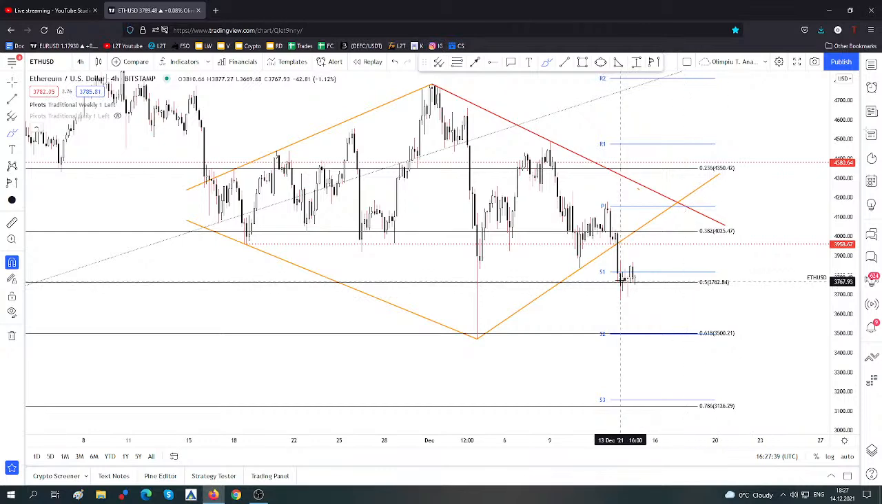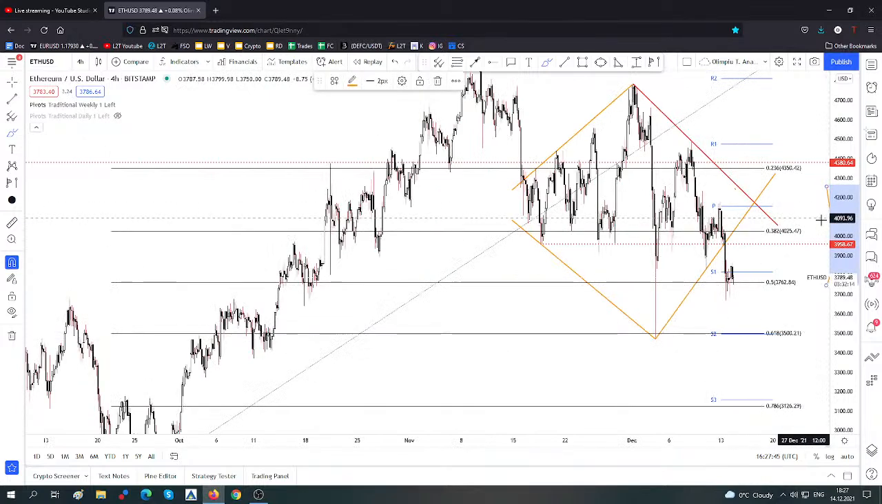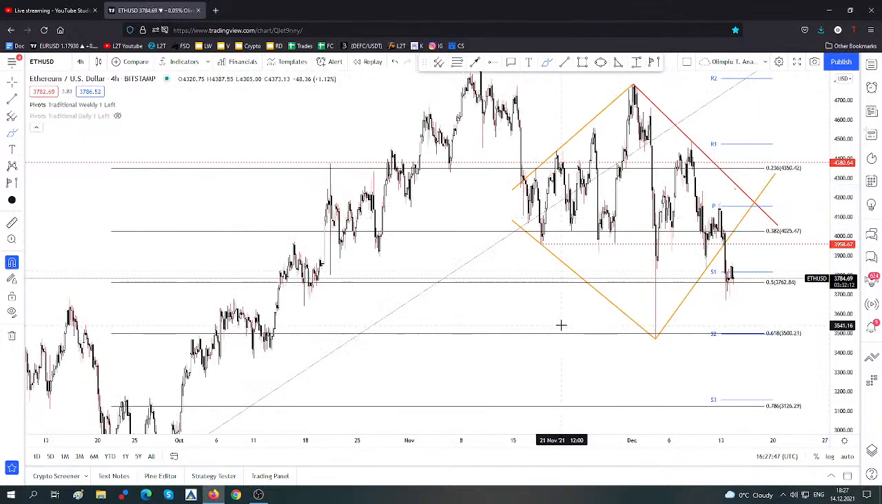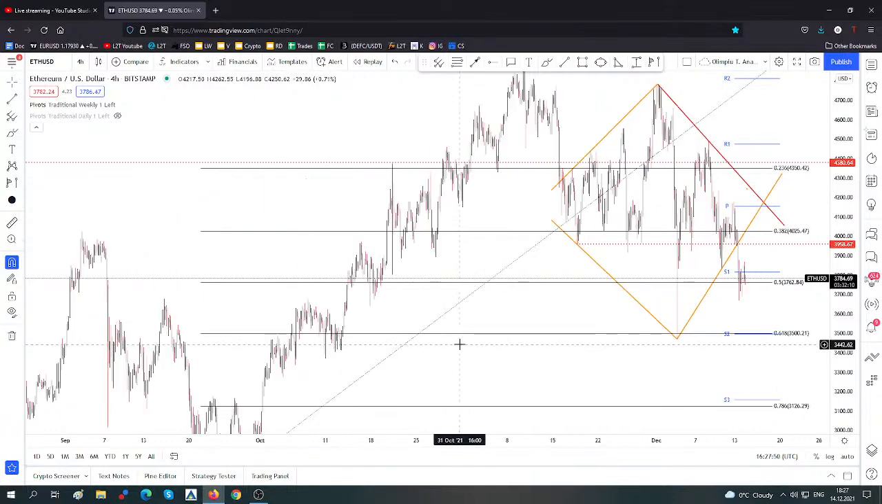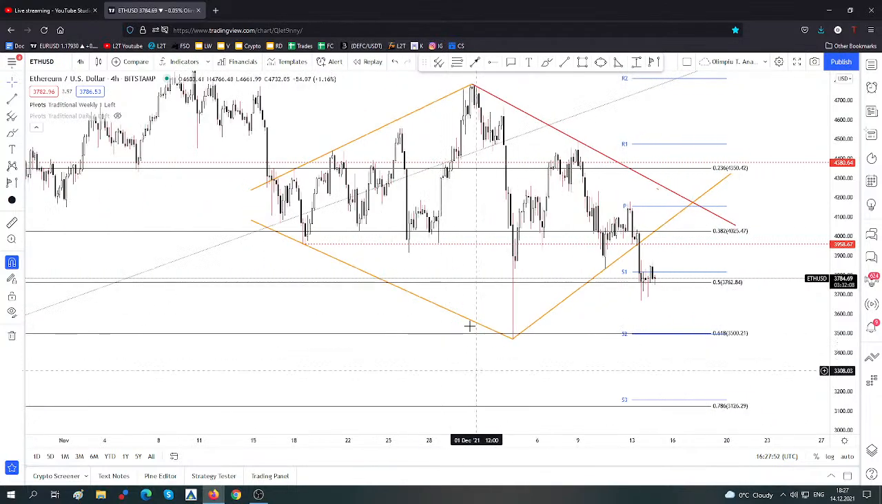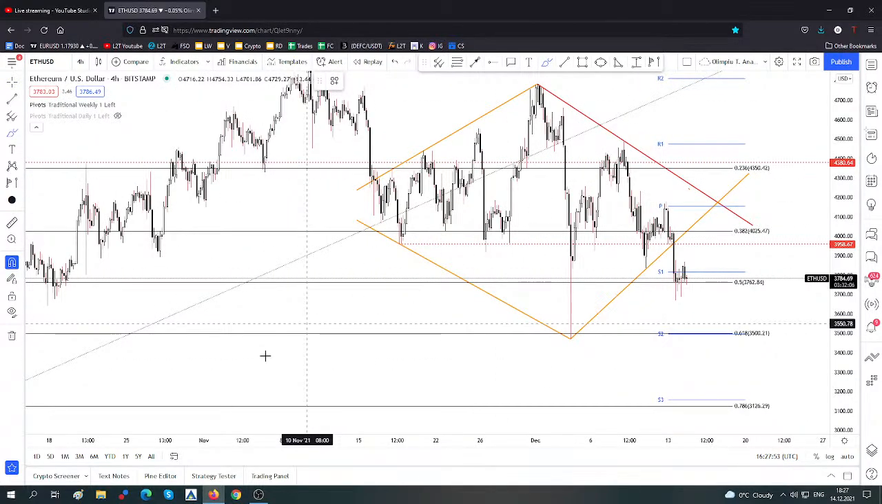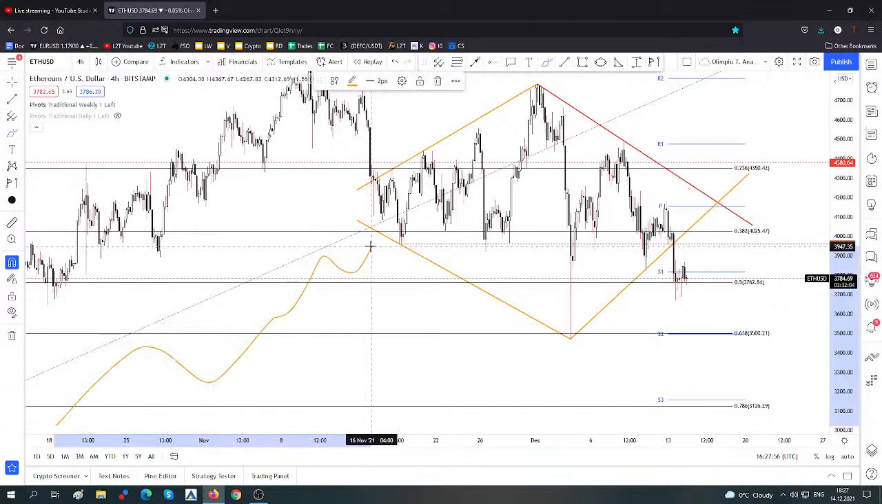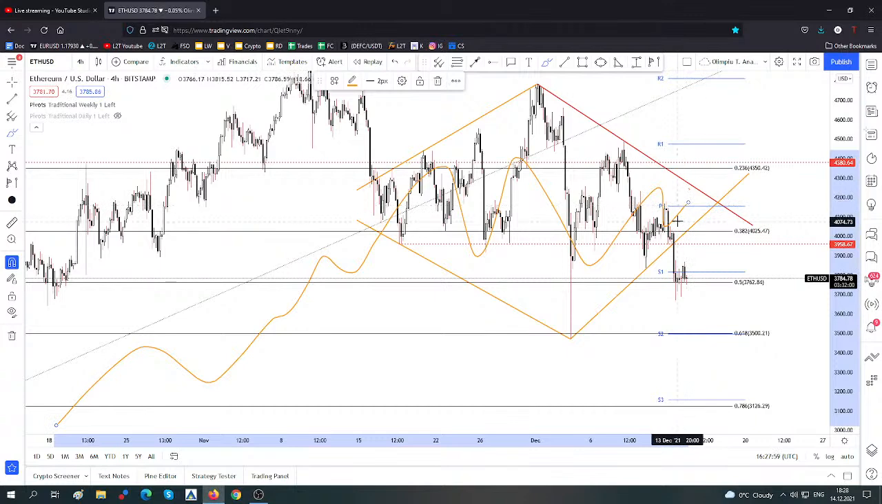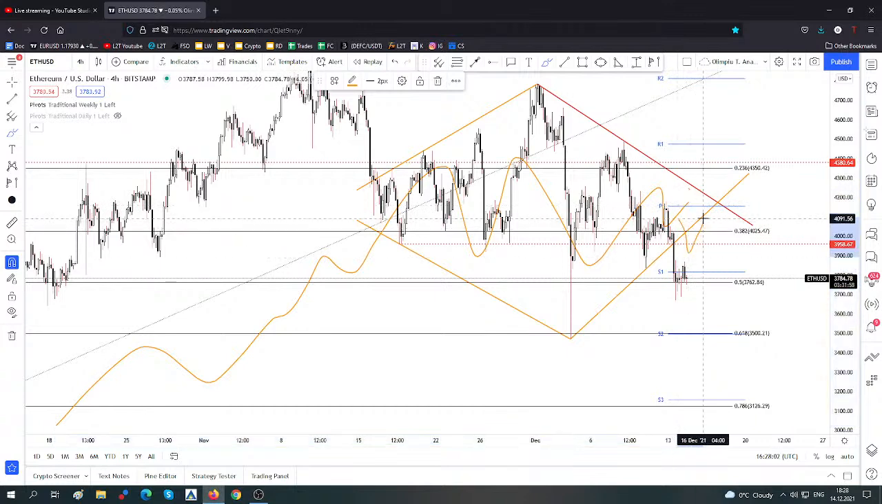If it stabilizes below here, below the 50% retracement level, it could drop even lower. So something like this, you can use the diamond in trading, and when you have maybe something like this, an uptrend, something like a diamond, most likely it will make